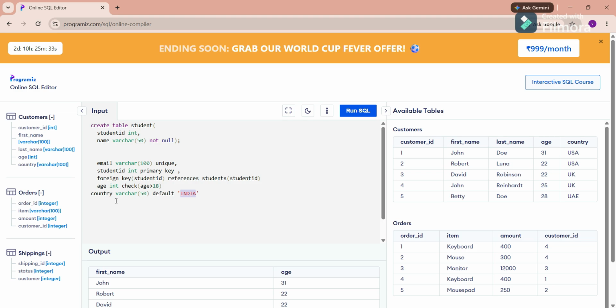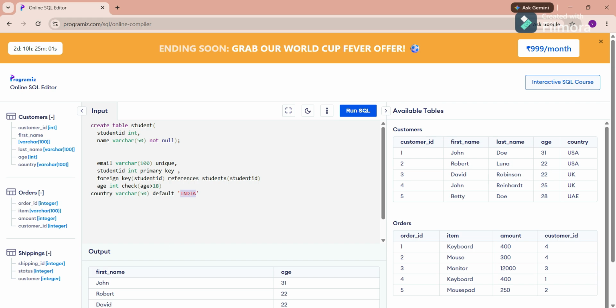For balance, we can use a check constraint, checking that the balance is greater than 0. For country, we can use the default constraint: if no value is provided, it will automatically pick India. And the branch ID we can declare as a foreign key. So basically this ensures the database remains accurate and reliable.